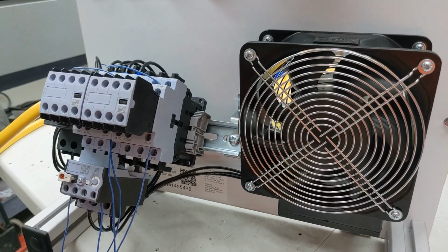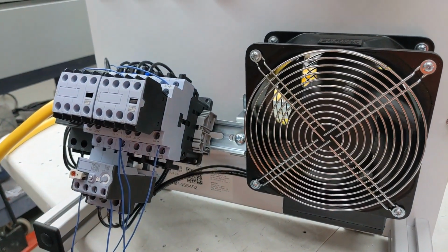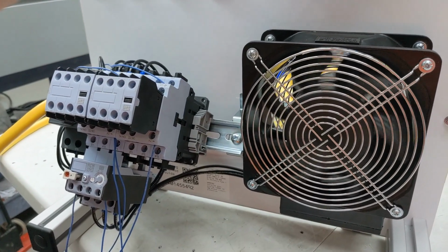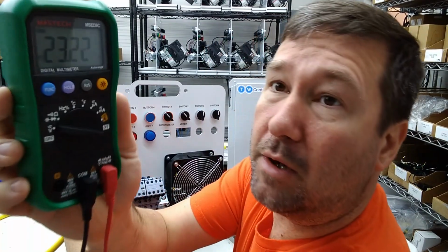So if I switch 3 to the left, you're going to see this contactor pull in, and you'll see the fan start to run clockwise. And then if I switch to the right, you're going to see this one pull in, and it's going to start running counterclockwise. And if we check our voltages from L1 to L2, we've got roughly 23.1,